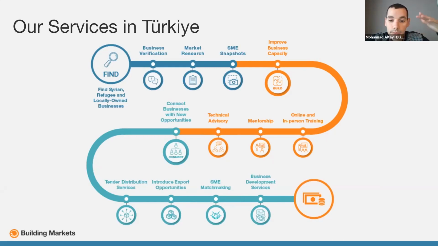Again, the main two services to build their capacity are advisory and training services. By the way, this part of the map, the orange part,